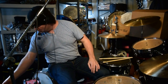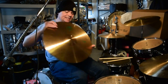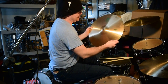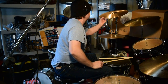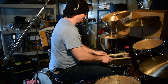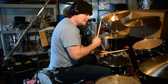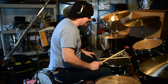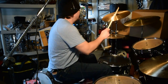So, what I'm going to do now is put on, if I can get this guy. This is a Paiste 505. This might not be one of my favorite ones, but I do think that my favorite, as a rule of thumb, 18-inch crash cymbal in the B8 department in the world, and of course made by Paiste because they make the best B8, is an 18-inch 505 crash model. Now that's a really good one, okay? My two favorite are probably stashed in the vault somewhere. Okay, so let's do like a...